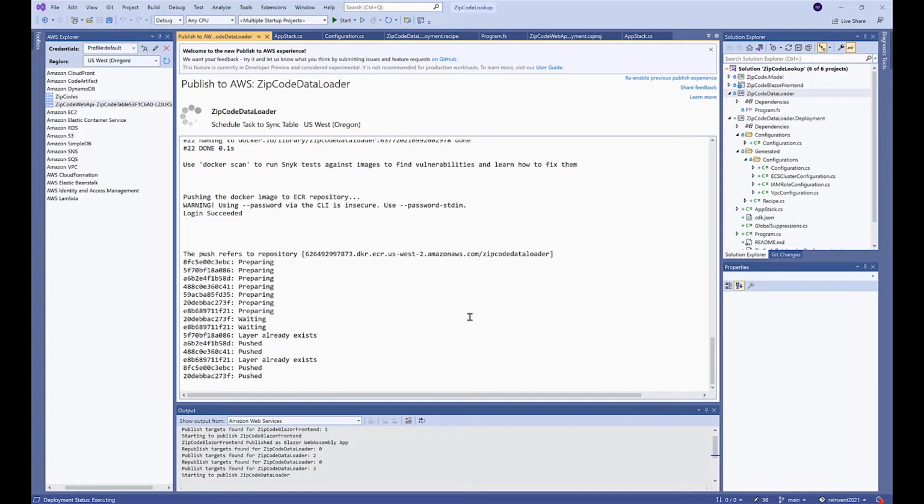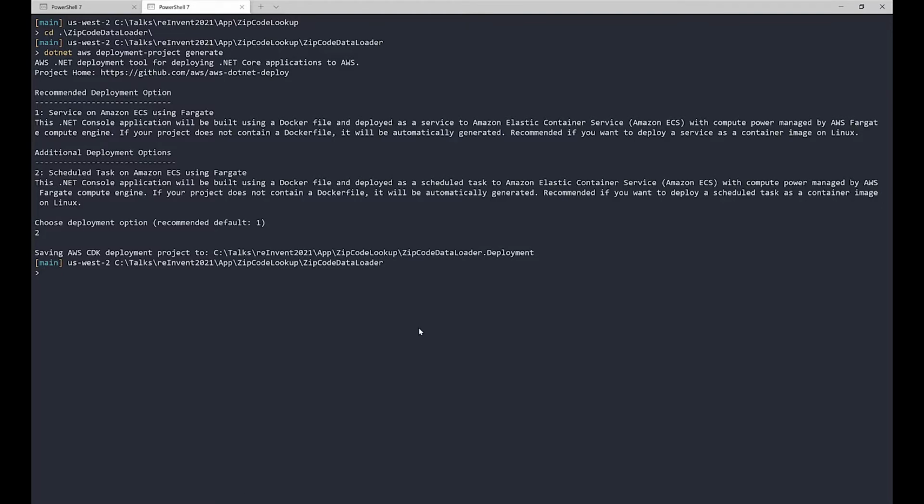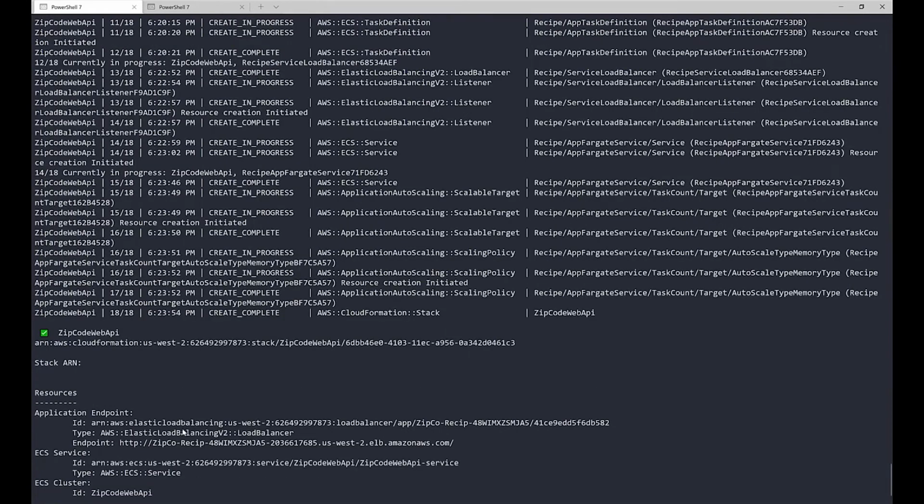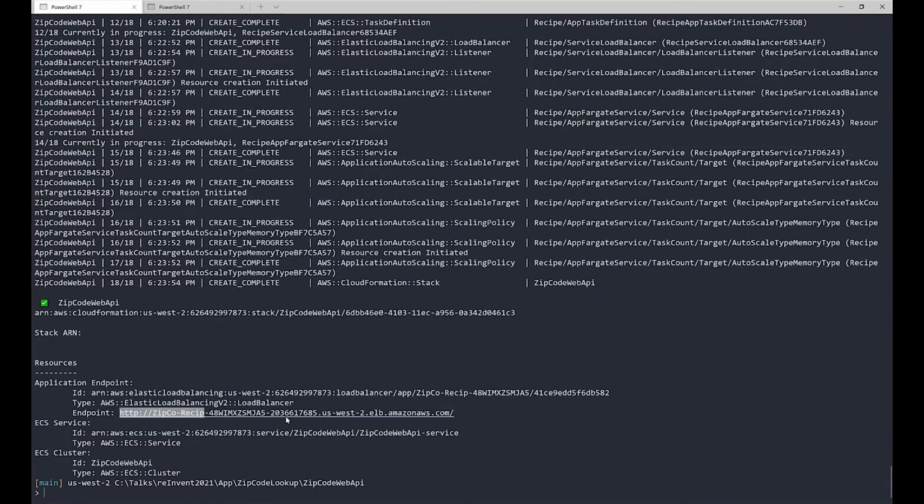But the last thing that we have is our front end doesn't actually know where to contact our REST API. What I mean by that, if we go back to the command line where we did a deployment, we created this new API here, right? This is our API endpoint for our REST API, but our Blazor front-end application doesn't know about that. So we need to actually connect those up together. So I'm going to take that URL,